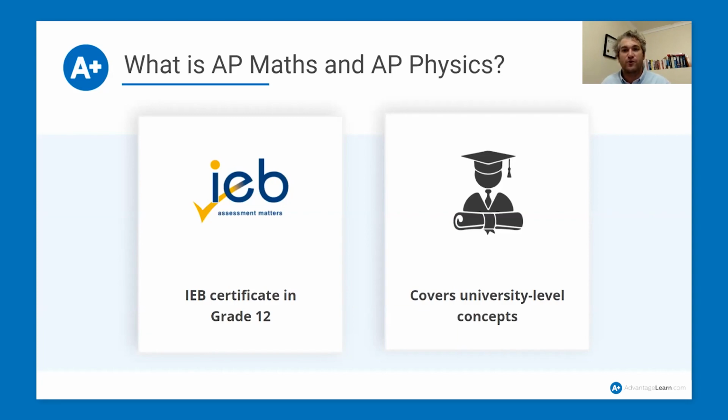So, for instance, in advanced program maths, it's a 3-year program from grade 10 to 12. Most of those concepts are covered in first semester university maths courses. So in the advanced program, learners are given 3 years to grapple with these concepts and develop an understanding for them. Whereas when they move to first year university, they're largely only given 6 months. And that's incredibly difficult to come to terms with when these are advanced concepts and they are quite different mathematics to what learners are used to in their core mathematics at a high school level.